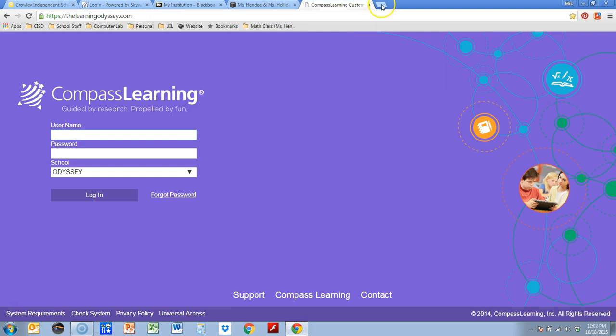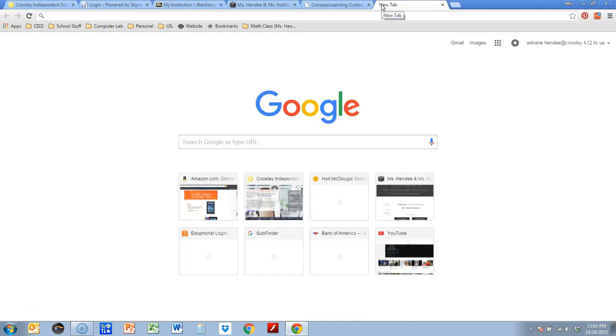Alrighty, so now we're going to open a 6th tab. And I need you to be very careful with how you type this in. You need to type exactly what I type, and just remember this is the only time you're going to have to type it if you're on your computer. So, in the address bar right down here, we're going to type